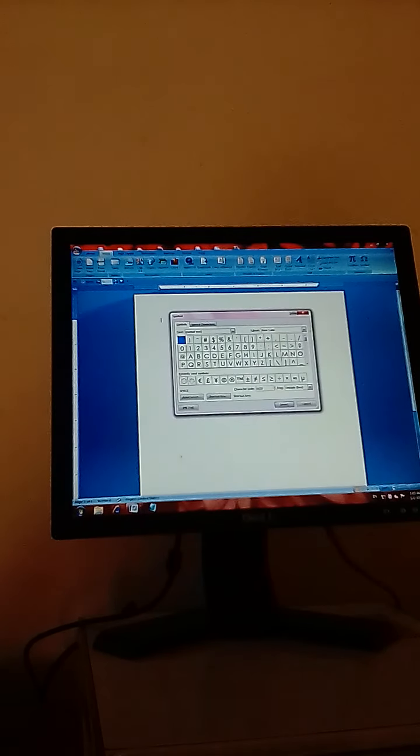As you see, different styles of symbols are available on this menu and you can insert any type of symbol from this menu into your document.